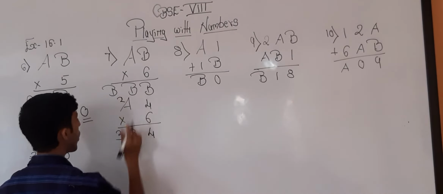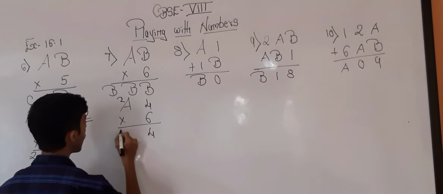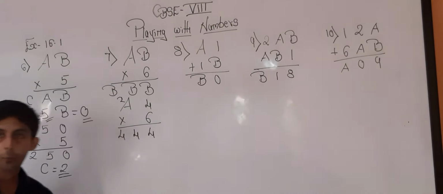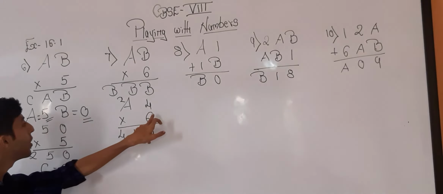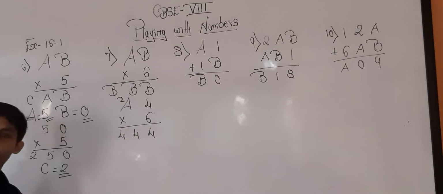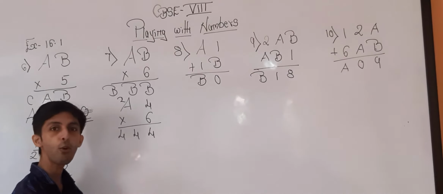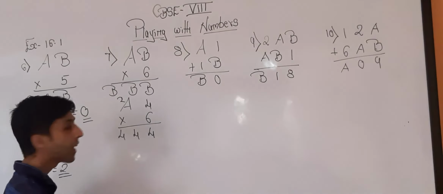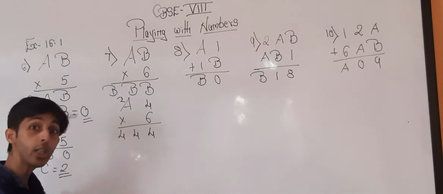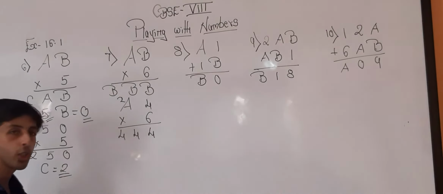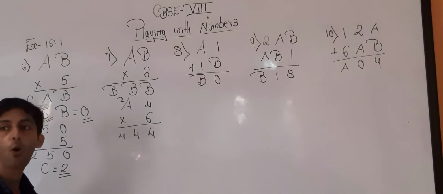24. And the other option will be over here, 44. Now, in the 6 table, find a number smaller than 44. 6 1 is 6, 6 2 is 12, 18, 24. 6 5 is 30, 6 6 is 36, 6 7 is 42. 42 plus 2, 44.